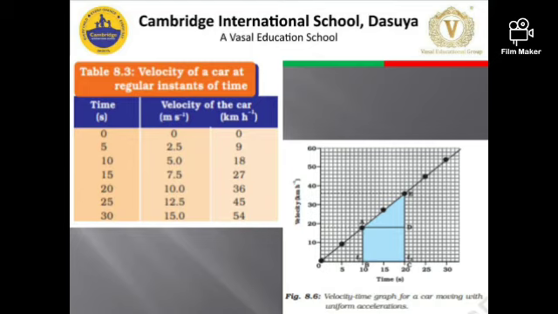So according to the points which we get, we draw a line joining all those points and we get the slope of the graph. Now in this case you can see that the slope of the graph is inclined and straight. It means it shows uniform acceleration. It means the velocity is changing, there is acceleration, and it is changing at equal intervals. So it is uniform acceleration.